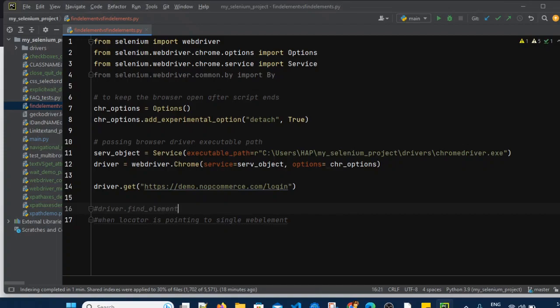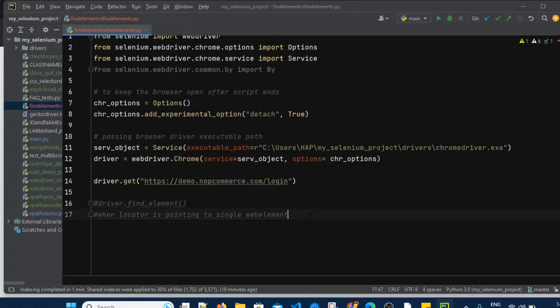We will see some scenarios of driver dot find element first, in which we are using the locator. This is basically a normal case where the locator is pointing to a single web element. So whenever the locator is pointing to a single web element, and we will be using driver dot find element, that means it should find that element. So let's see that scenario.